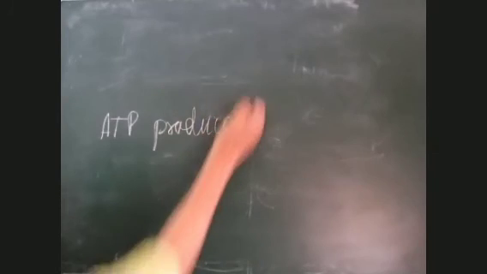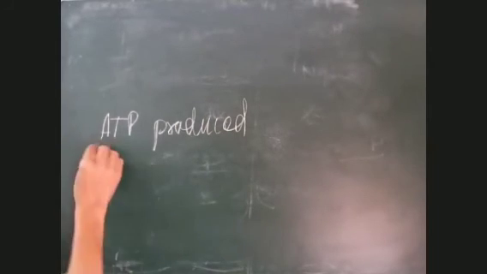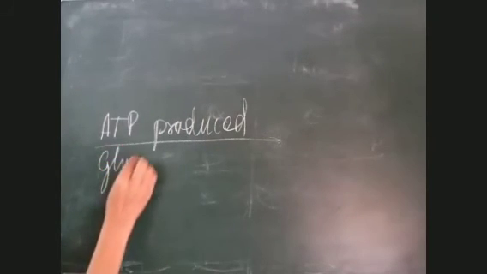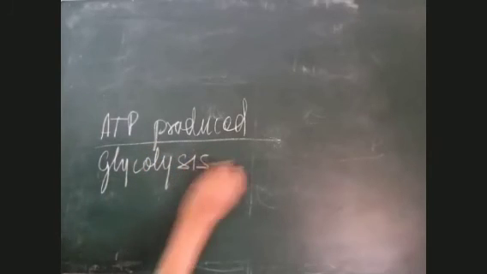When I say ATP produced, I don't mean that you will just select only ATPs and then write so many ATPs. No. When I say ATP, you will have to count the number of NADH also, convert it into ATP and then write it. The number of GTP, convert it into ATP and then write it. The number of FADH2, convert it into ATP and then write it. So ultimately, the energy currency is ATP, so we are going to talk in terms of ATP. You will write the ATP produced, the complete balance sheet I want in case of glycolysis and Krebs cycle.